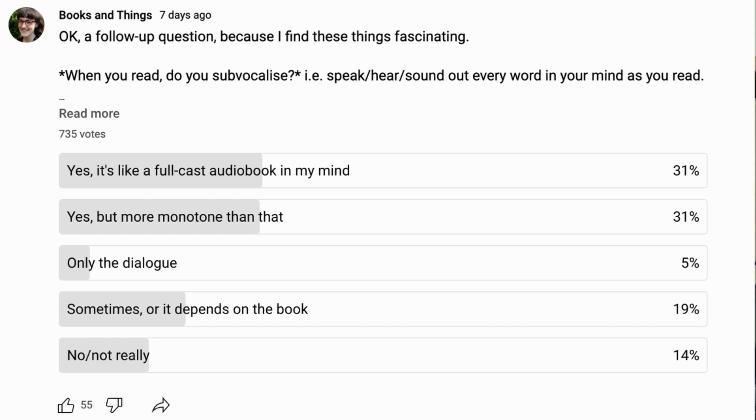I found this poll really interesting, as I did with the last one, because I would have thought that a higher percentage of people subvocalize when they read. In the same way that I was surprised by how many people said they had a vivid visual imagination, I was expecting a higher proportion to say they subvocalize when they read. I think that's just because my experience of reading is not much visual imagination, lots of subvocalizing and audio imagination, and it's very hard to imagine what goes on in other people's heads.